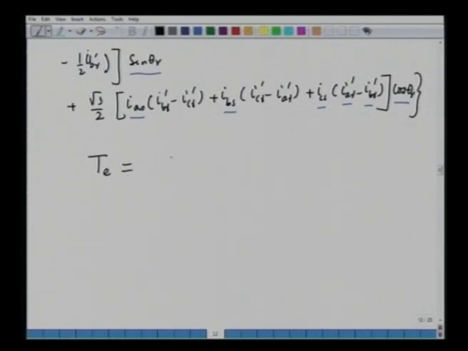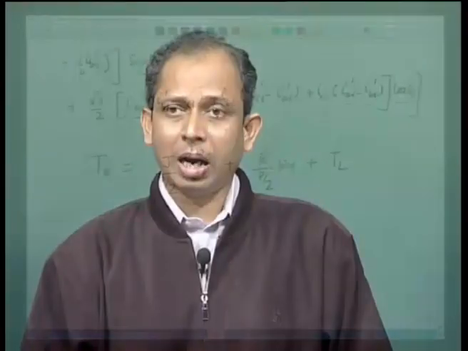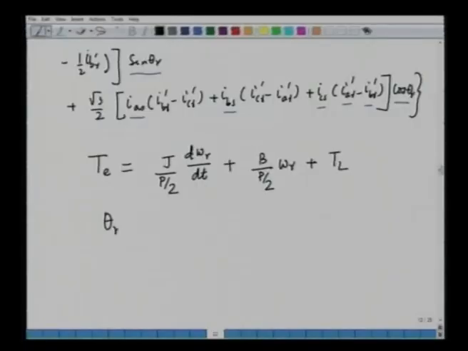TE is equal to J d omega r by dt by P by 2, because omega r is the electrical speed, plus B by P by 2 into omega r. B is the coefficient of viscous friction, omega r is the electrical speed, plus the load torque. So, when we solve this equation, we can find out the expression for the rotor speed, that is omega r. Omega r is the electrical speed of the rotor, and theta r can be obtained